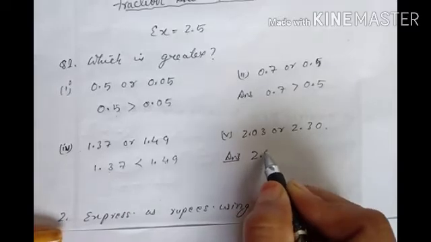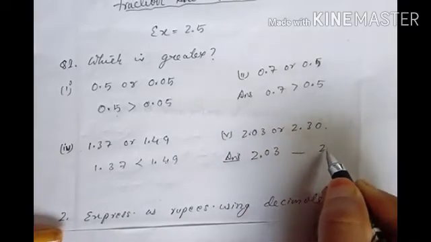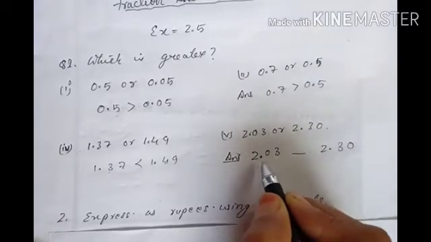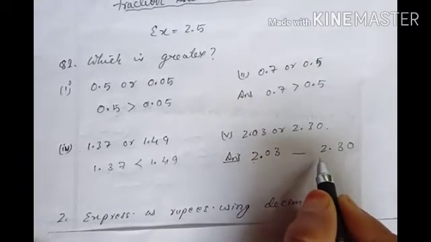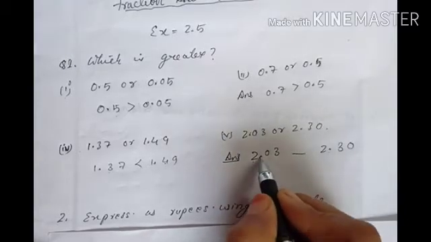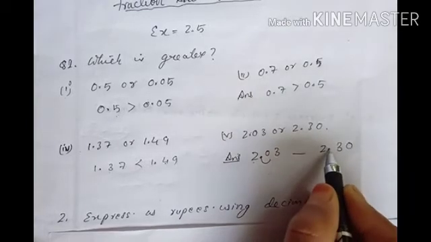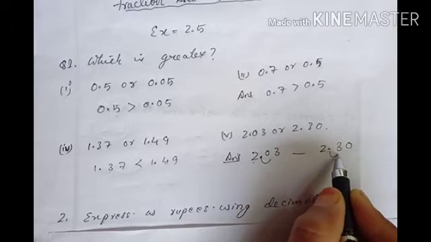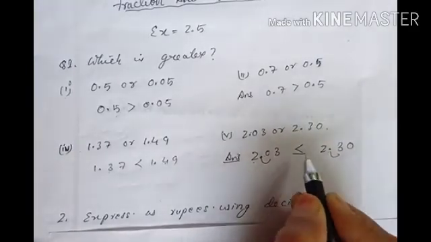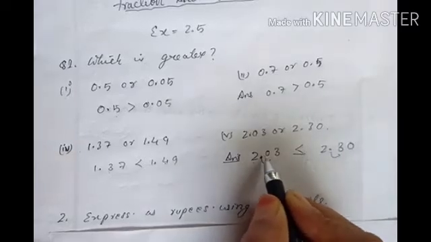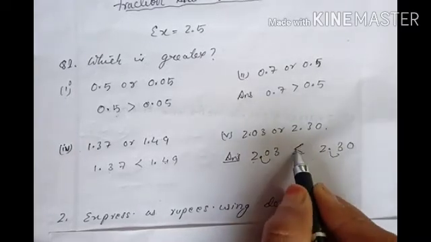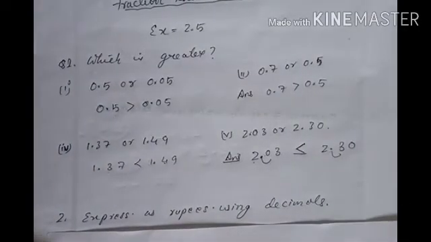Now question number 5. Here 2.03 and 2.30. Before the decimal 2, isn't it? Here also before the decimal 2. So before the decimal it is equal. Now you see the first digit after the decimal here? 0. And after the decimal here what is there? 3. Now which is greater, 0 or 3? 3. So no need to compare the remaining digits. If you are getting one greater, then directly you can mark that one as greater. The remaining questions I have kept for homework. If you have any doubt or you want me to solve those questions, I will solve them. Please comment on my video.